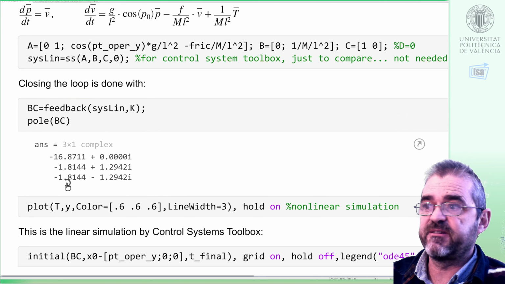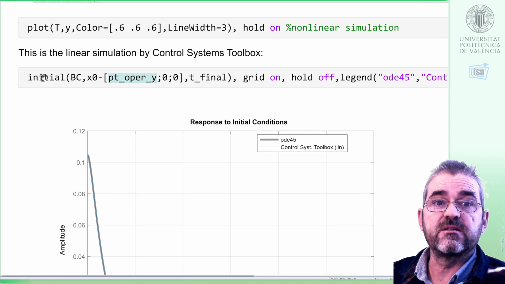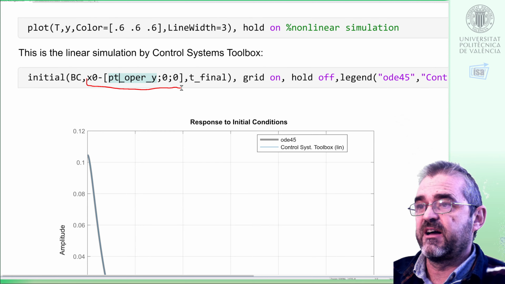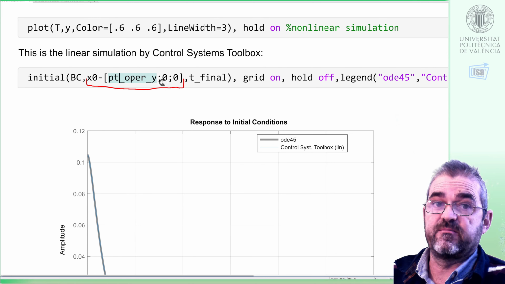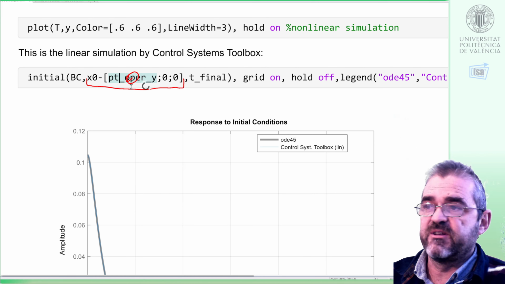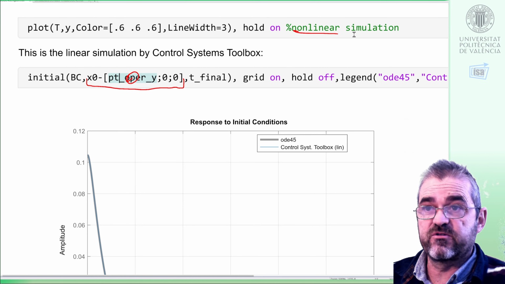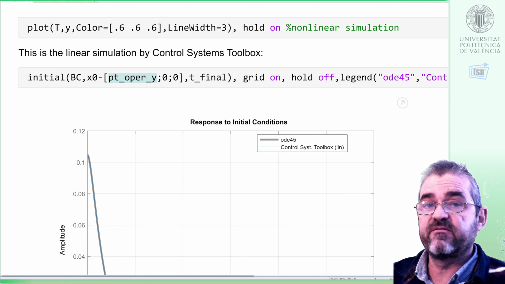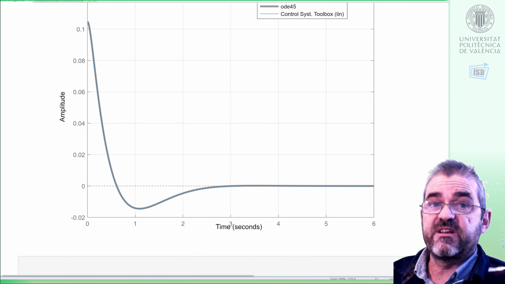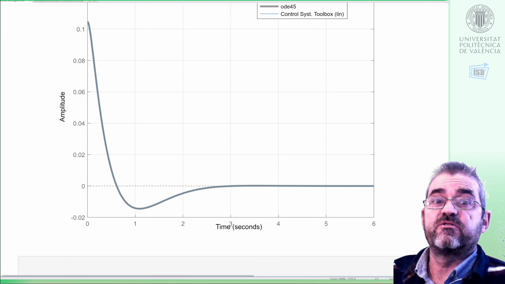And how do I carry out the linear simulation with non-zero initial conditions? Well, with the initial command from the Control Systems Toolbox. I put here the closed loop, and I put here the initial conditions in incremental coordinates. Luckily, this is actually 0, so units are the same, so I will superimpose it on the plots of the nonlinear simulation without any change of variable. And if I compare with ode45 nonlinear 1, they are coincident